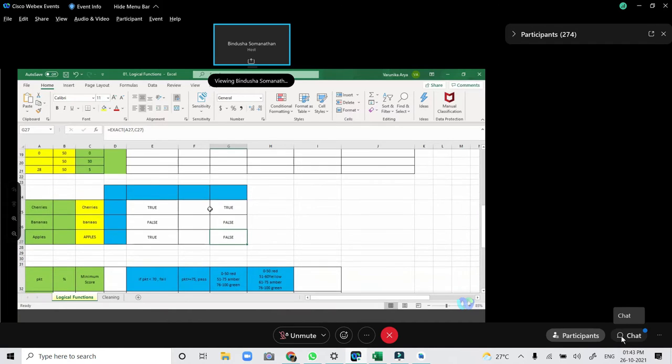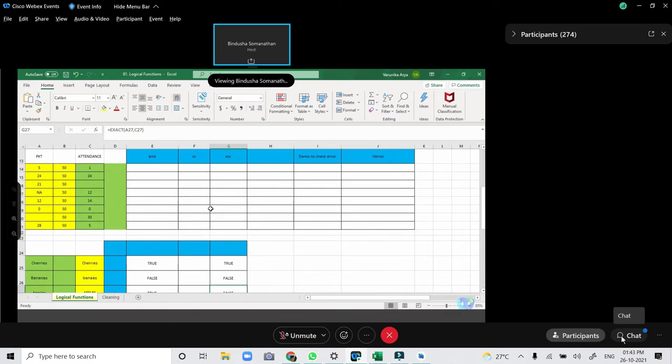Now we move on to some more logical functions. So let's say when you want to carry out more than one comparison in a formula, or test multiple conditions instead of just one, then you use logical operators. These logical operators, AND, OR, and XOR, also return either true or false. So this is for multiple comparisons when you want to run.